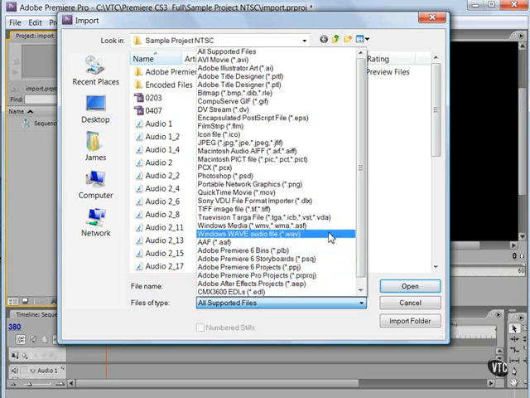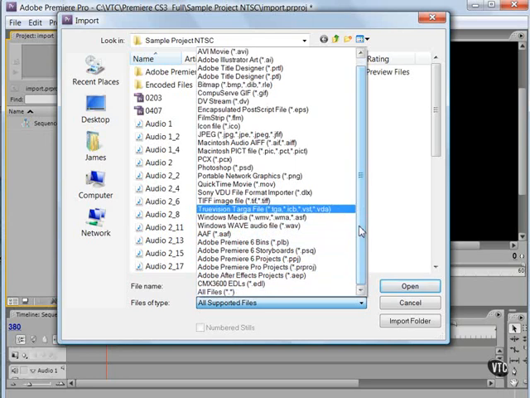Those will be for earlier versions of Premiere Pro, such as 1, 1.5, and 2, as well as Adobe After